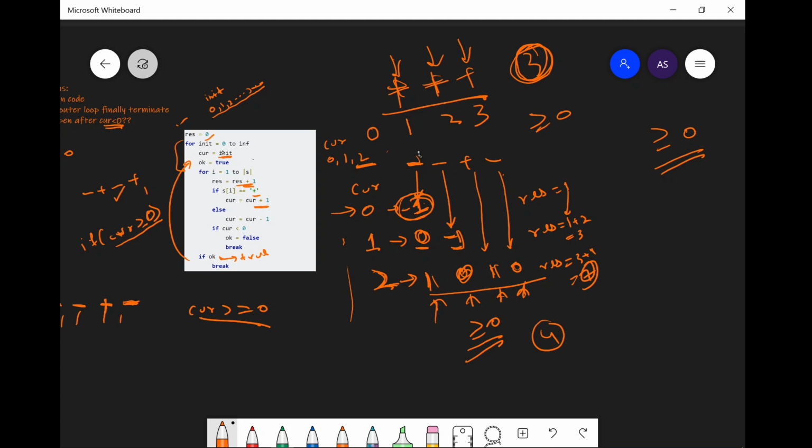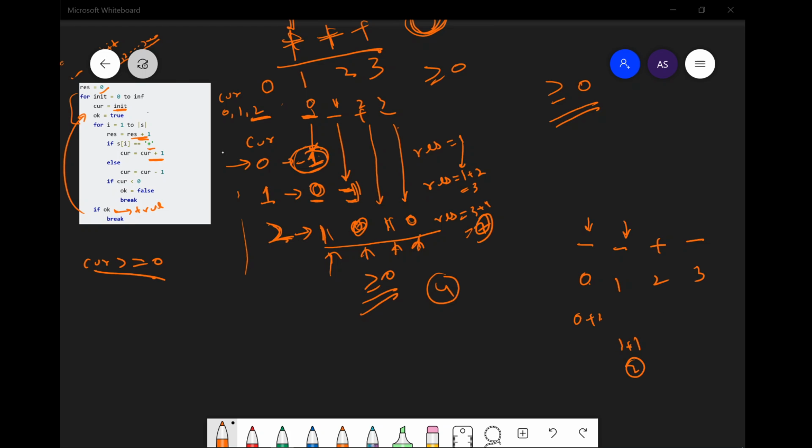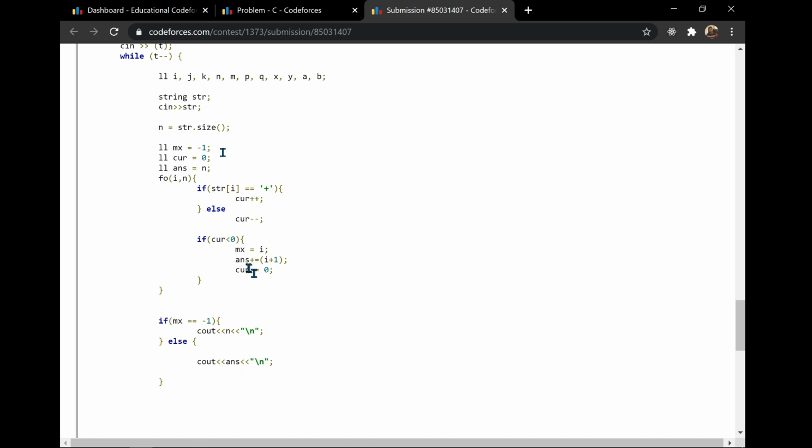So here if we see, it is 0 1 2 3. Let me just make this clear because it's really a lot of mess here. So suppose 0 1 2 and 3, this was the indexing in the string. So here first we got -1 in this position, so the number of times res would be incremented for this iteration would be 0 plus 1. That means the index of this plus 1, and in the second iteration we got -1 here, so the number of times this would be happening would be 1 plus 1. That means res would be incremented, which is 2. So this is what I am checking here, and at the end if there was no place which was less than 0, then I'm just outputting, and otherwise I'm outputting this answer.